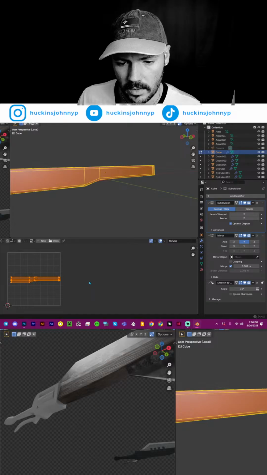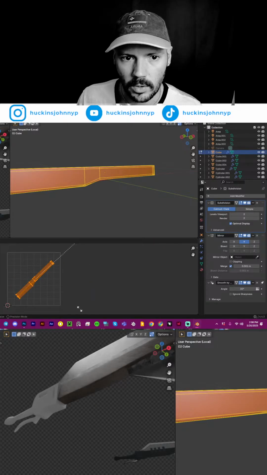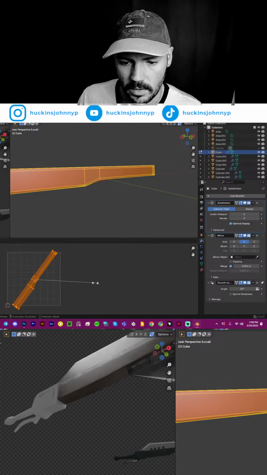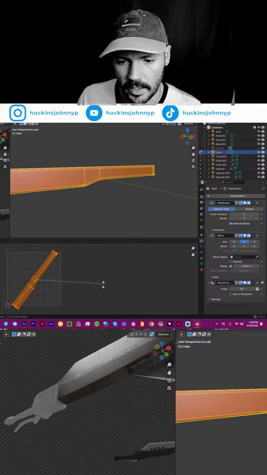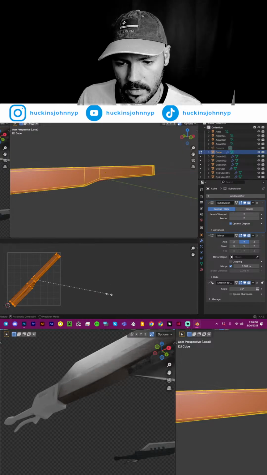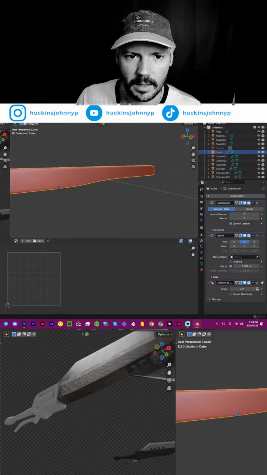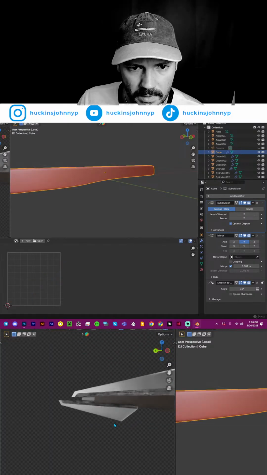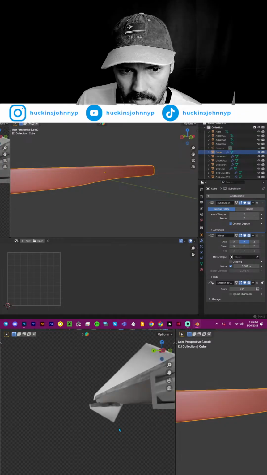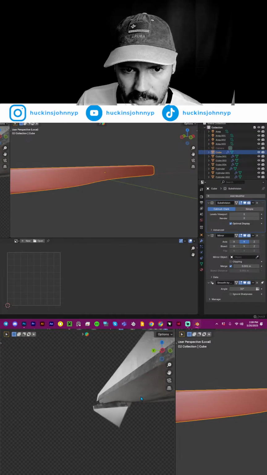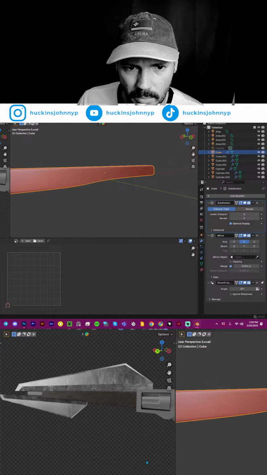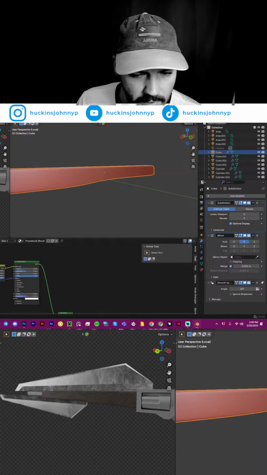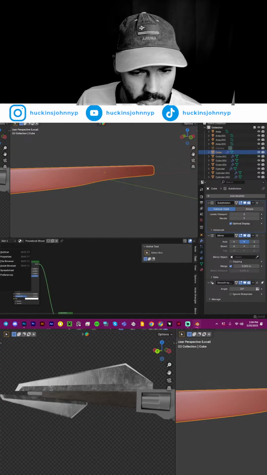GX, rotate, ooh, scale, rotate, scale, tab. That's looking fantastic, but I don't know if I want to stick with that material, so let's go